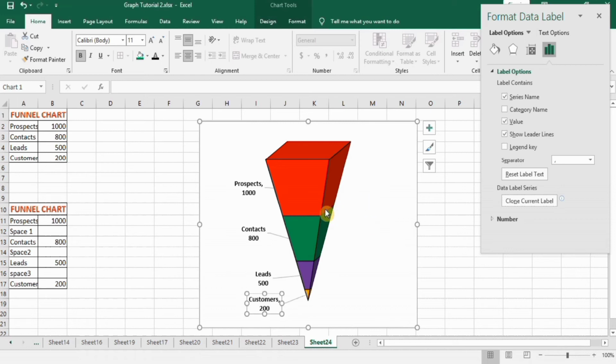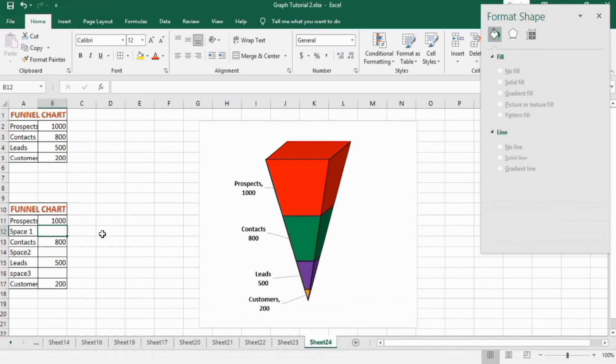And if you want to create space between these, firstly you have to arrange the data like this. For example, this is the first category, then space. I will enter a value of 100, which is 10% of the maximum value. You can change it according to your values. Similarly, after the second category, again I will create a space of 100, and after the third category there is a space option and I will write 100.